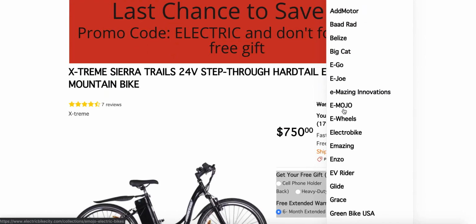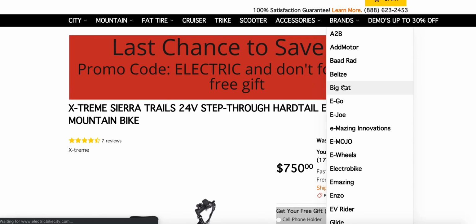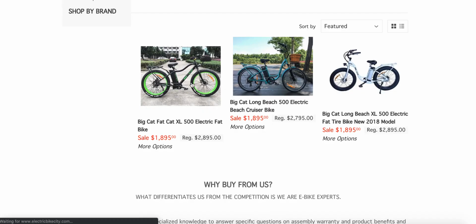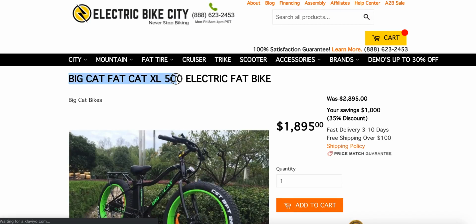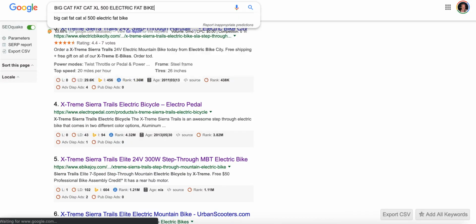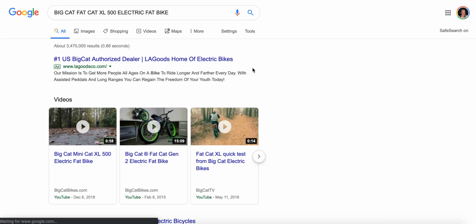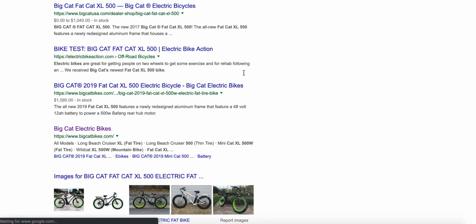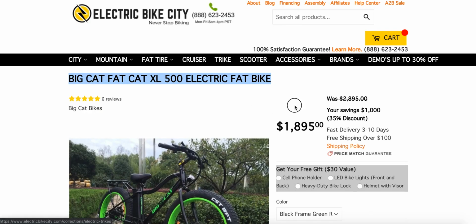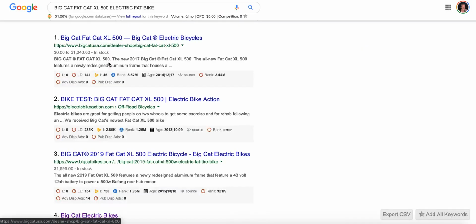What you want to do is go to the product listing. Let's just do it for like Big Cat, for instance. And take the product name, copy it, go to Google, and paste it. You want to be aware of any brands that sell on their own website and maybe are offering a lower price than what you see on your competitor site. So if you see $18.95 here, you might want to look at their website really quick and just make sure, are they selling at $18.95 also, or are they selling it for less?